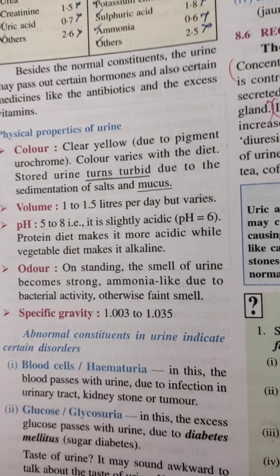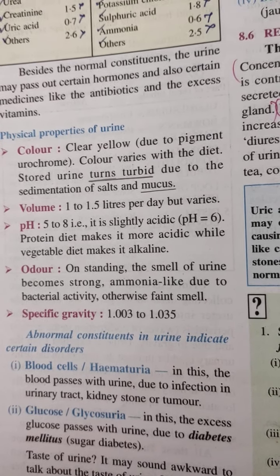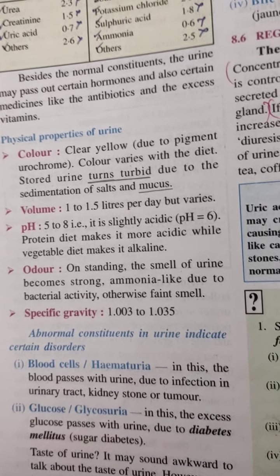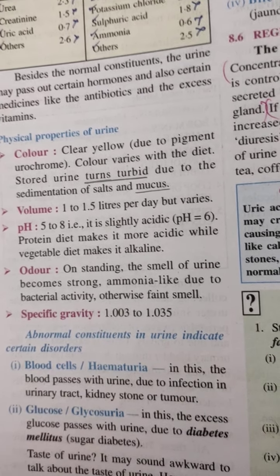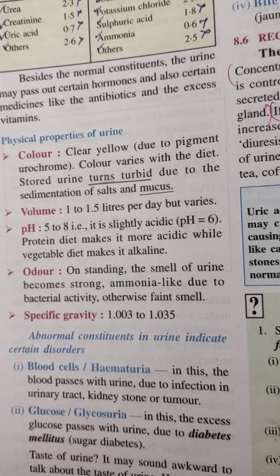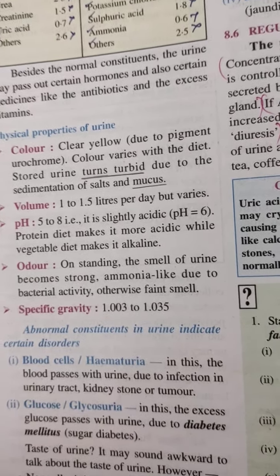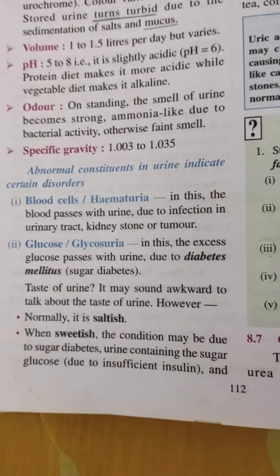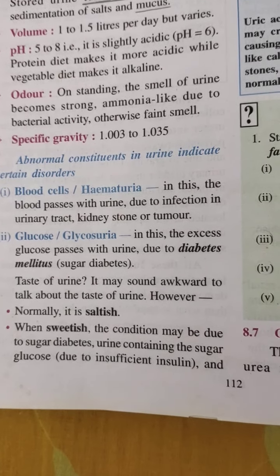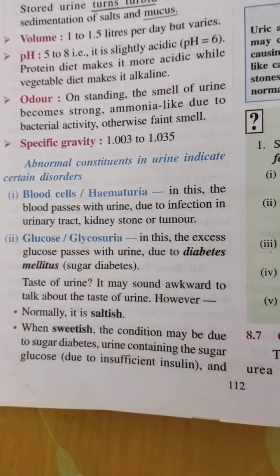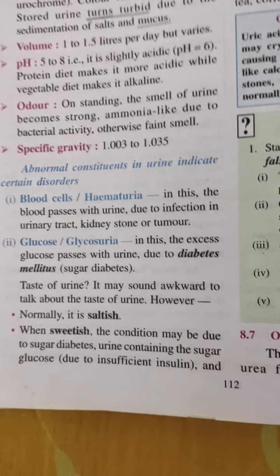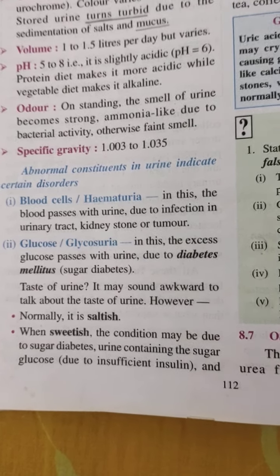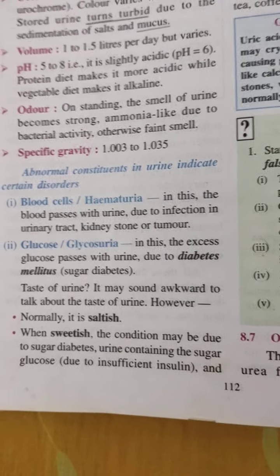Odor is ammonia-like due to bacterial activity, and the smell of the urine is very strong, and specific gravity is 1.003 to 1.035. Now, there are some abnormal constituents in urine, like blood cells. Definitely we know urine cannot excrete out blood cells. We cannot see blood in our urine, but if we see it, then that is something very abnormal, and we